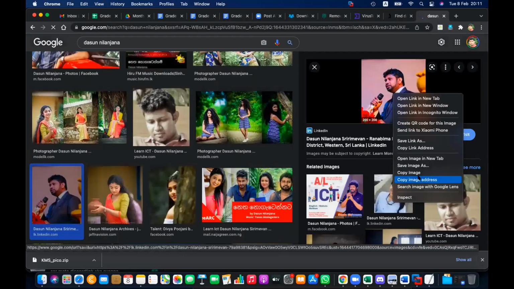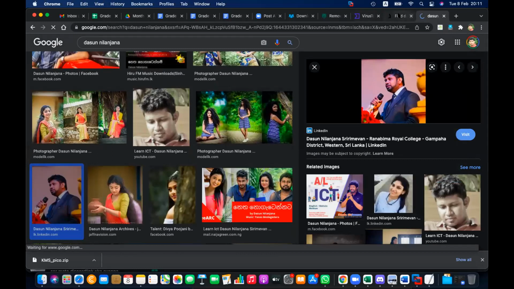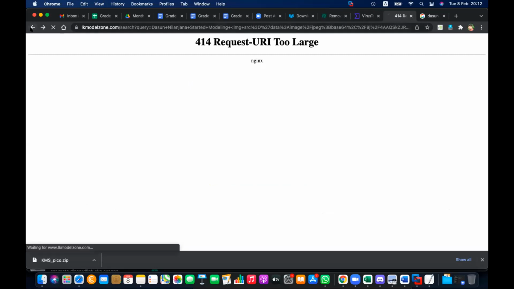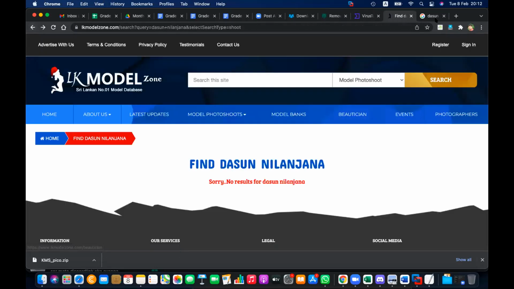Right click, copy image address, go back to this site. I'm putting Dasun Nilanjana started modeling, a fake news. IMG SRC equal the image link. Search it. URL too large.